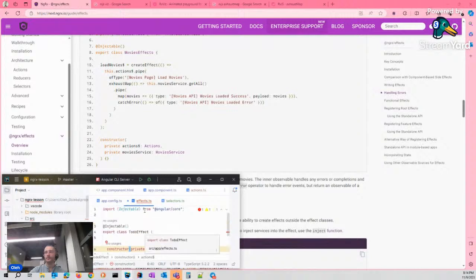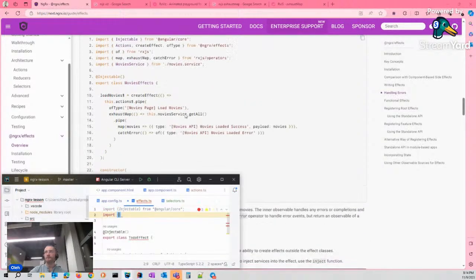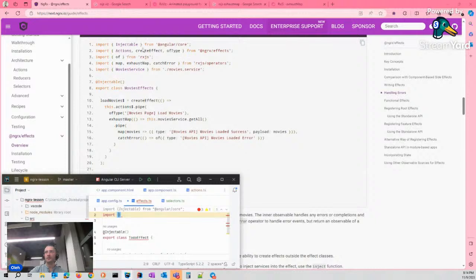We have to import Actions from the NgRx effects package.